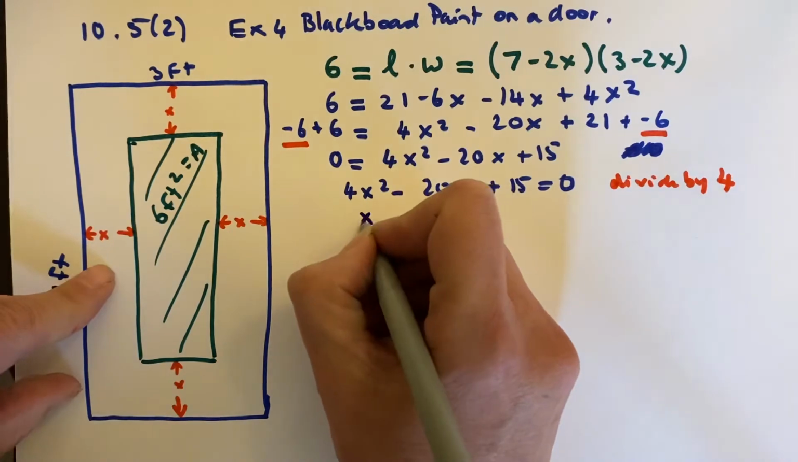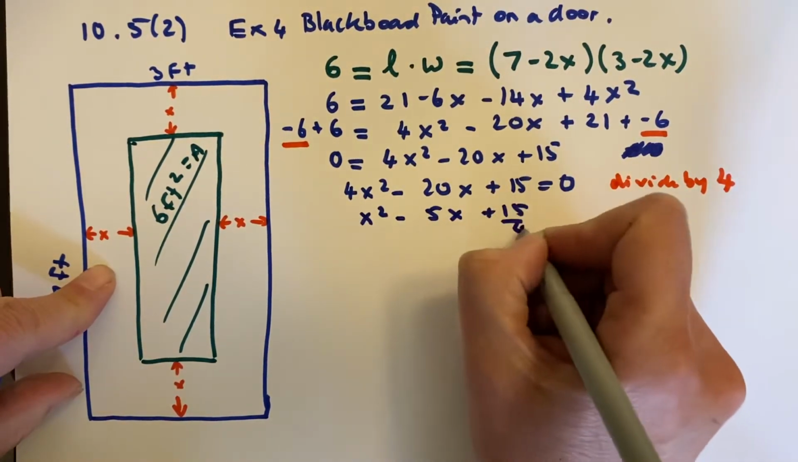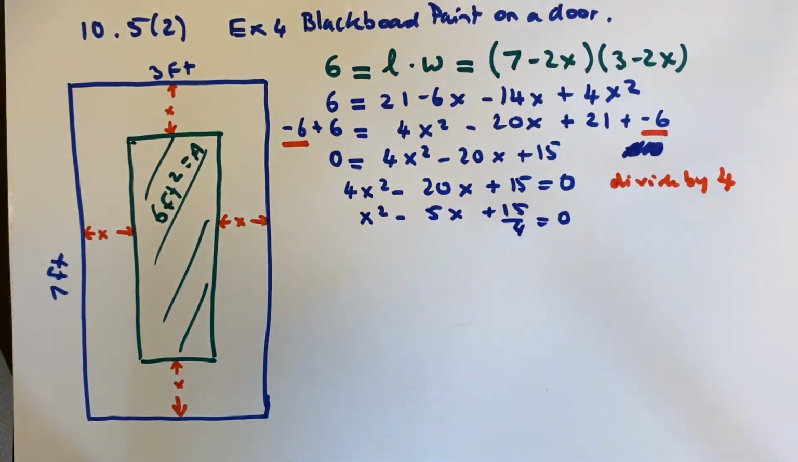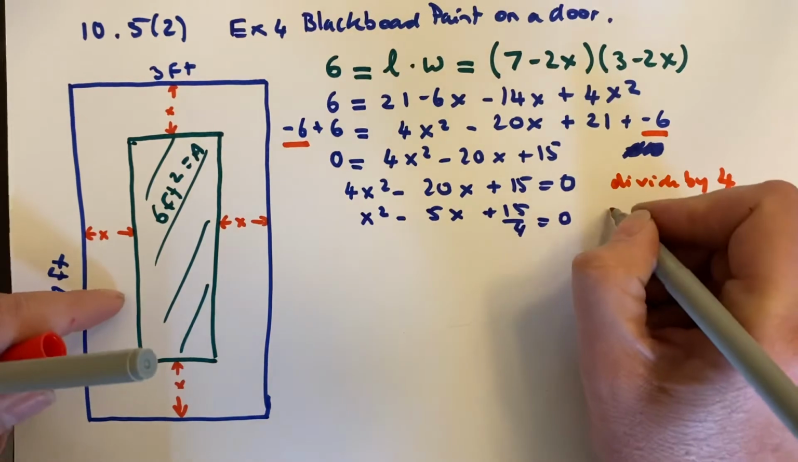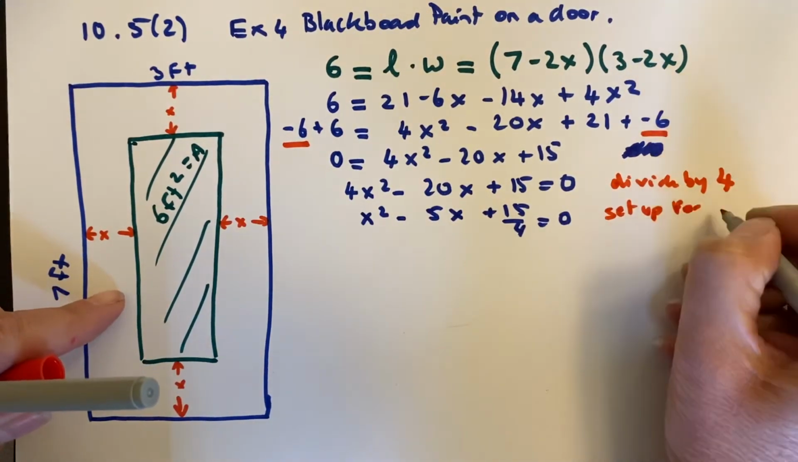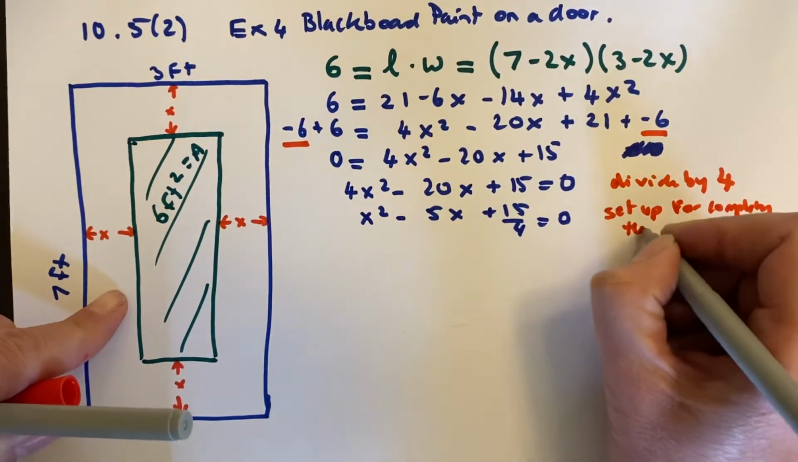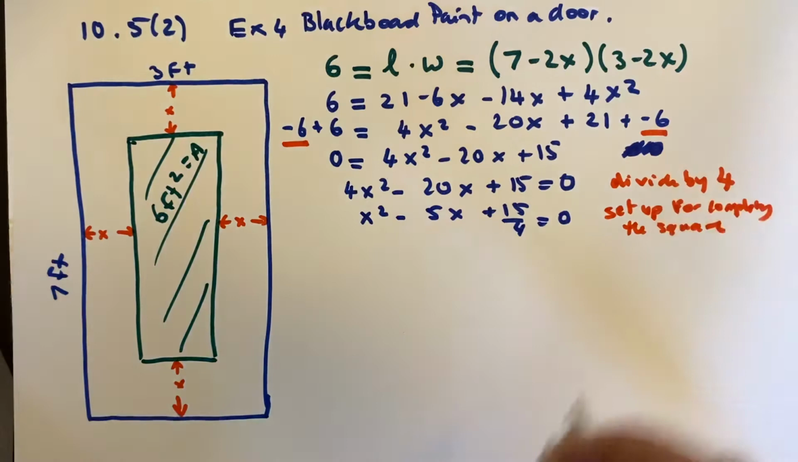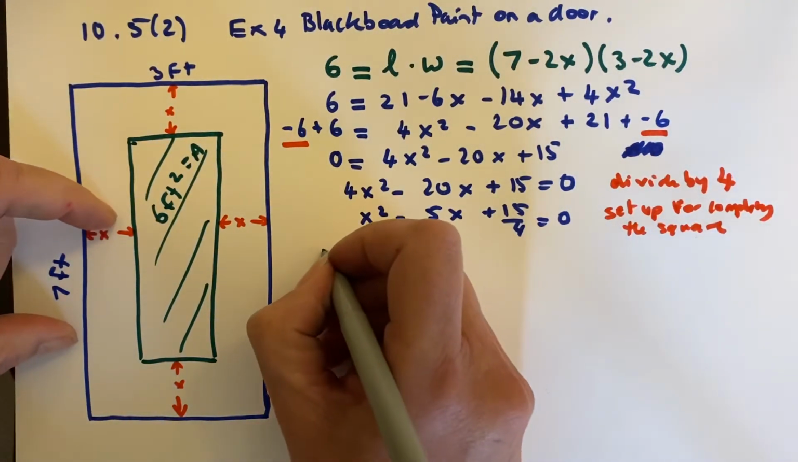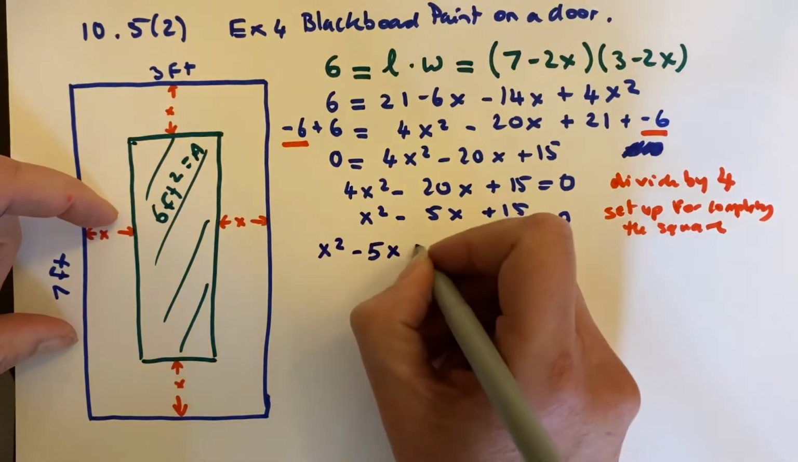And when I do that, I get x squared minus 5x plus 15/4 equals 0. Well, my normal thing for completing the square is to set it up. What do I mean by that? I mean, make sure that you leave your blank so you don't make a mistake. So x squared minus 5x plus,